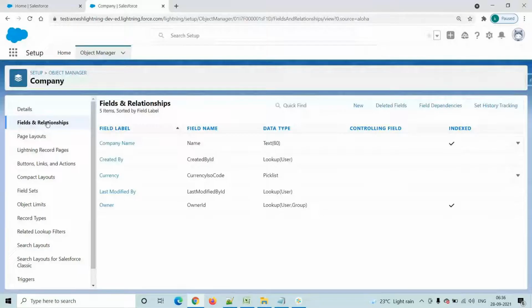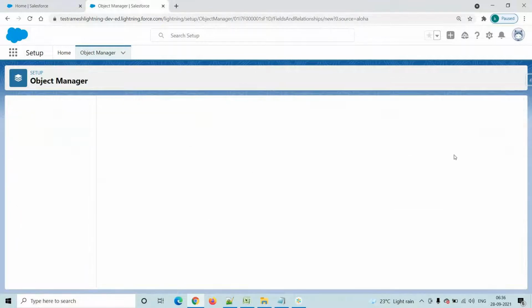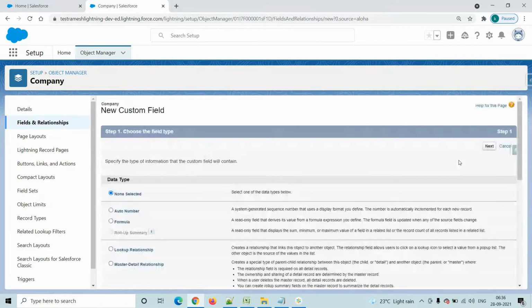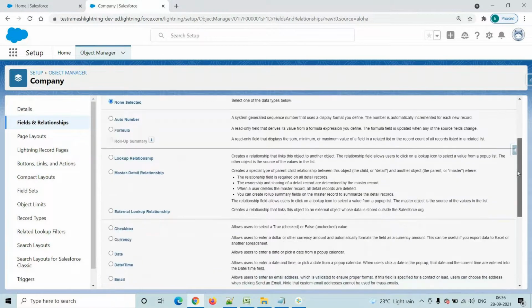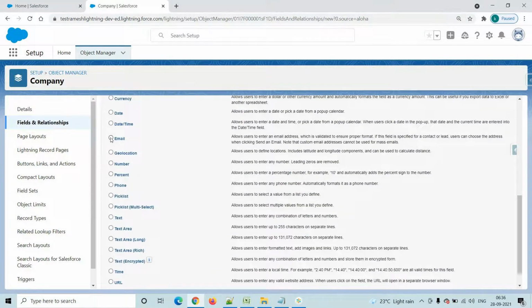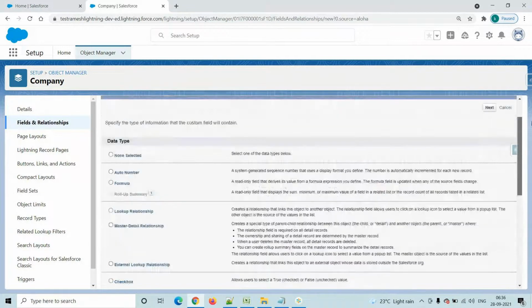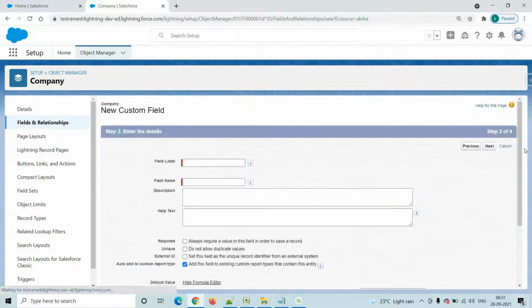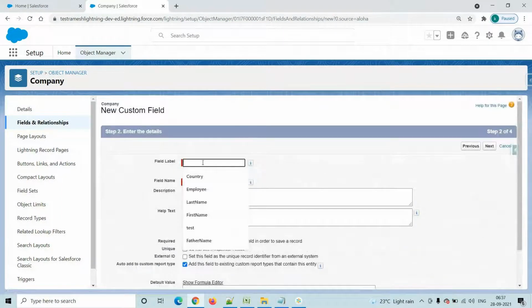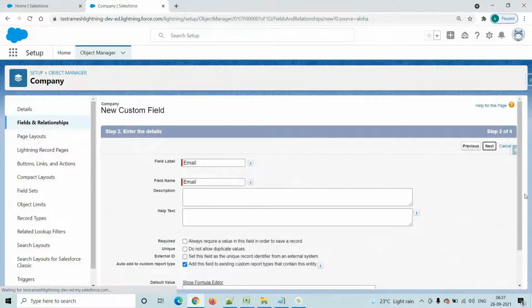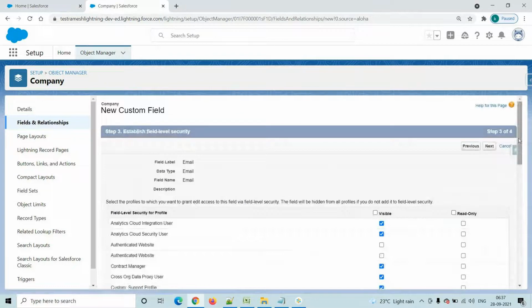Go to fields and relationship sections, click on this new button. While creating a field, we will select a data type, right? Here I am creating an email field, that's why I'm selecting the data type as email only. Then click on the next button. What is your email? Any name, it doesn't matter. Field name, field label we discussed, field name also we discussed, remaining things, help text required, everything we discussed. Then click on the next button, and this is related to the security we will discuss,